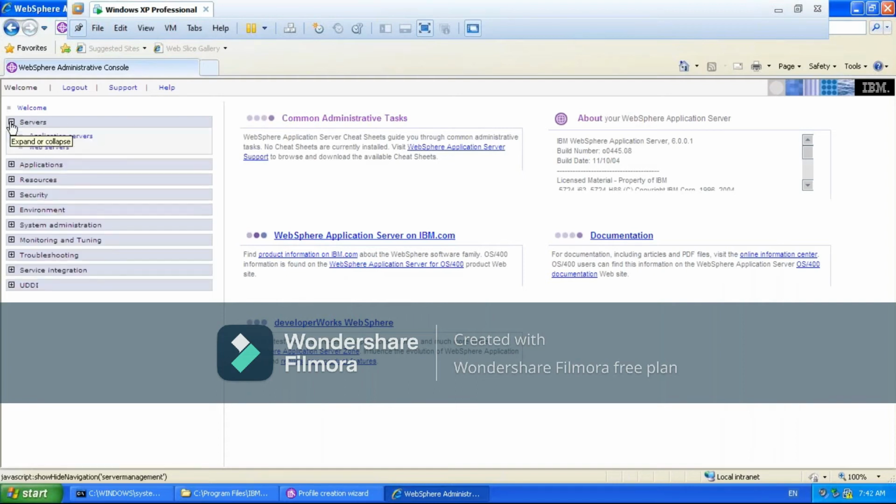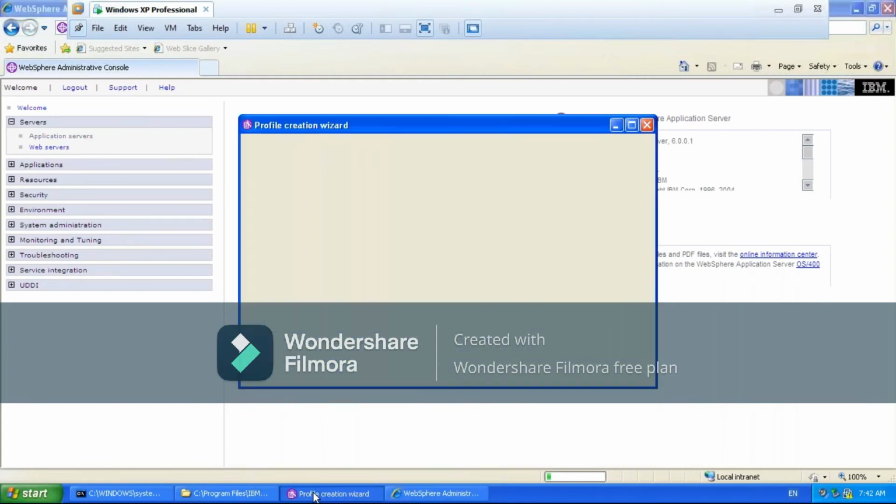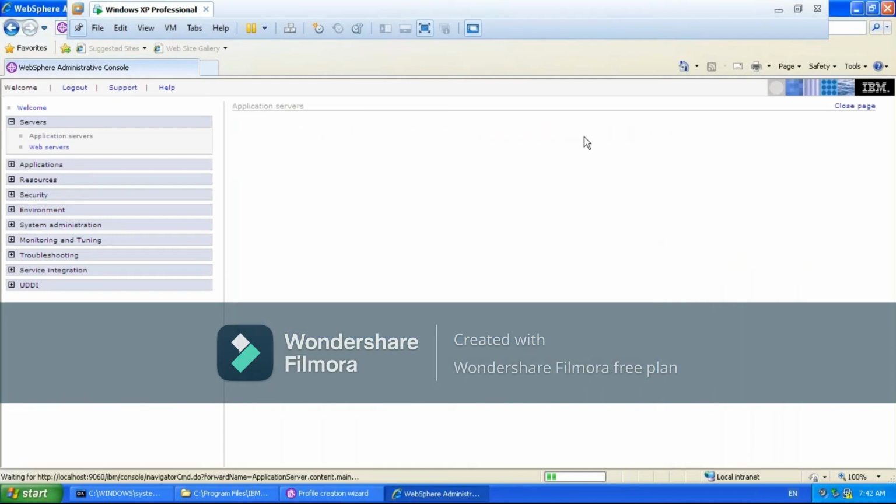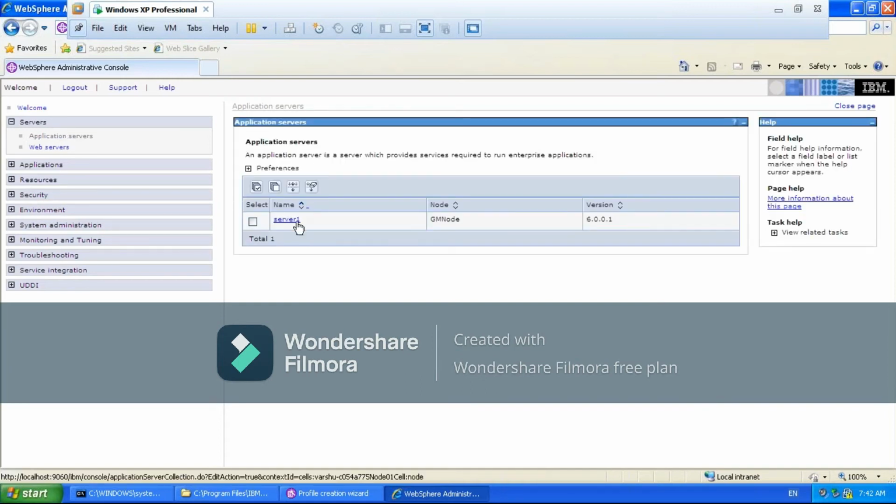Okay. If you click on servers, you will see the application server, right? Click on application server. What is the application server with this default one? The application server with the default one, this one is done. Yeah, it is done. This profile creation is also done. We will see it now. Okay. So with this, if you click on server1, you will see server1, right? This is the application server which is created for this default profile. So if you click on this server1,